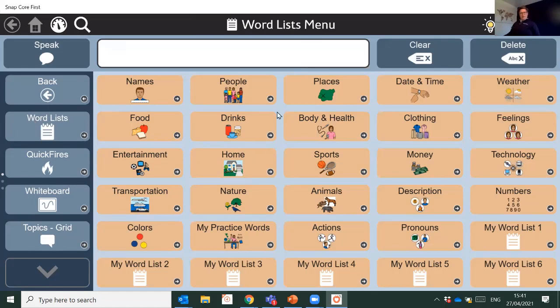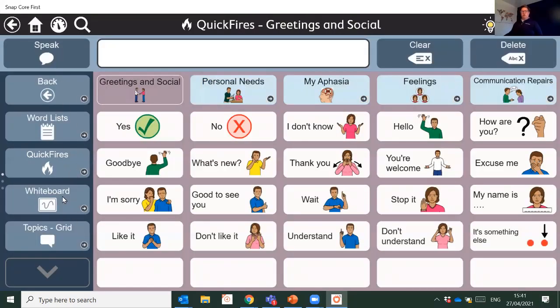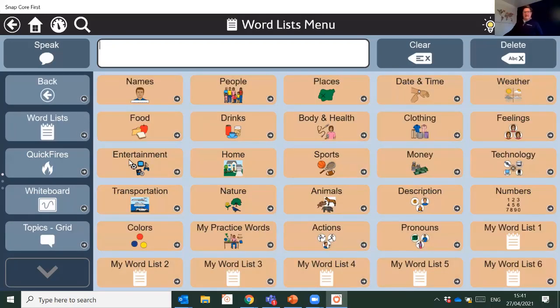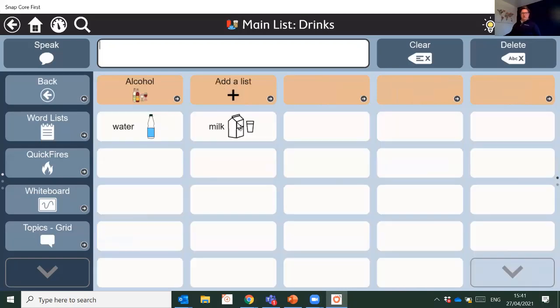So we talked about the word list to begin with. And just something to bear in mind, as we said, we access everything on this toolbar, which is on the left-hand side. You can actually switch that toolbar to the other side. So maybe if you've got somebody whose dominant hand is their right hand, it would be better for them to have that menu on the other side, they can do that. But what this allows us to do is very quickly switch between different tools to engage in different types of communication. So if I start at the word lists again, and if I come into this example of drinks,